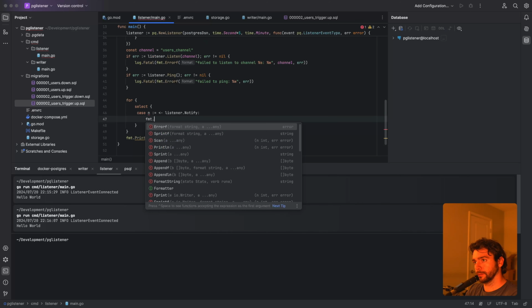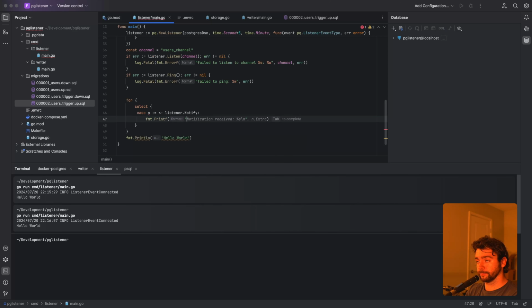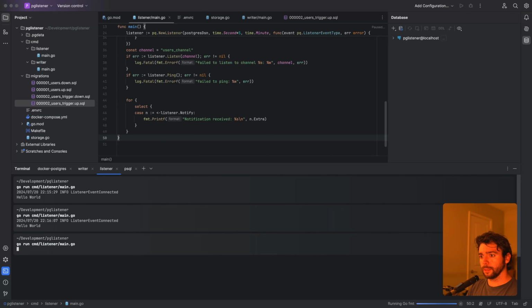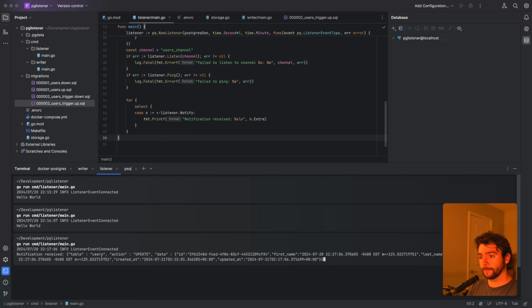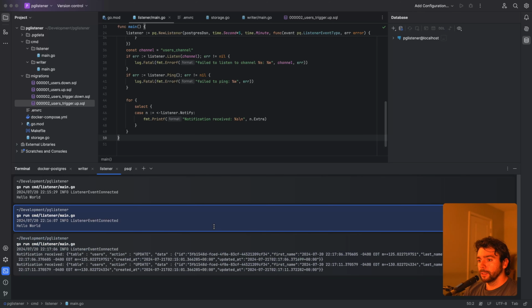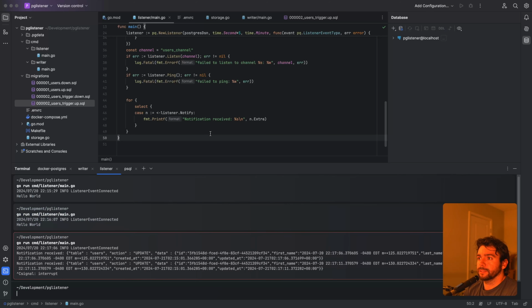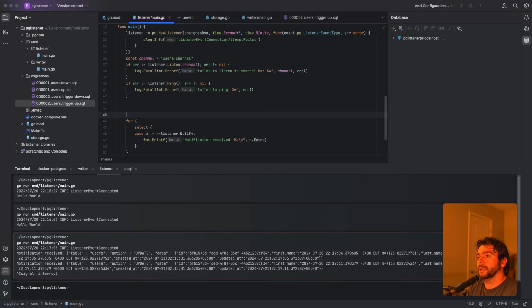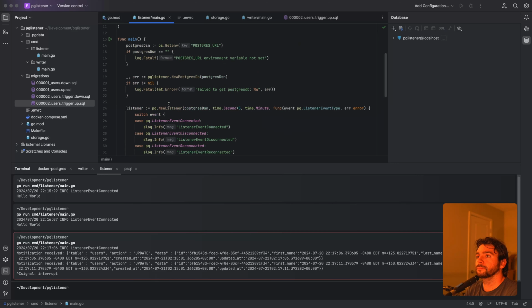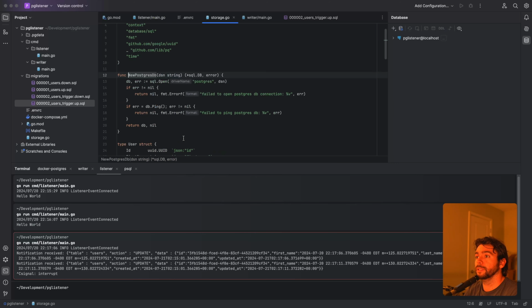We'll just print out the data like that. And all right, so we're getting notifications here. That's cool. Now let's make this a little bit better. Let's do something like, actually in here,